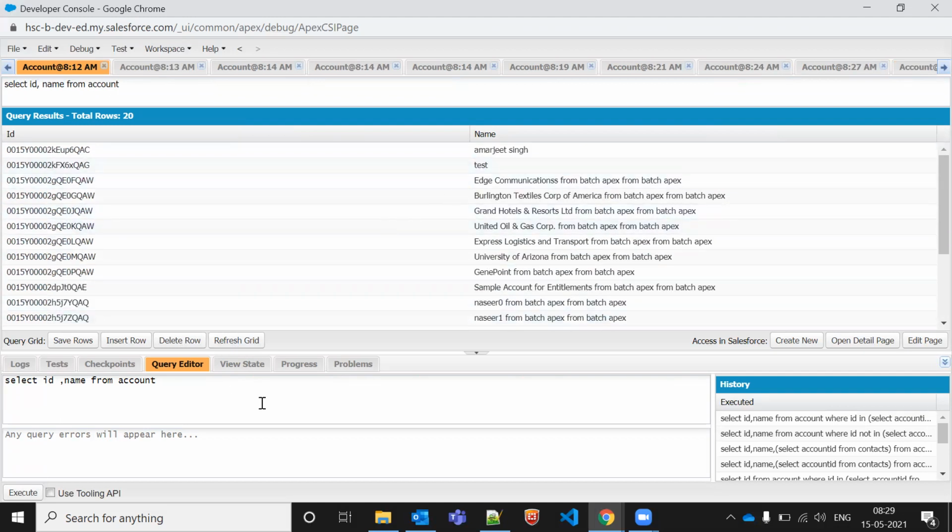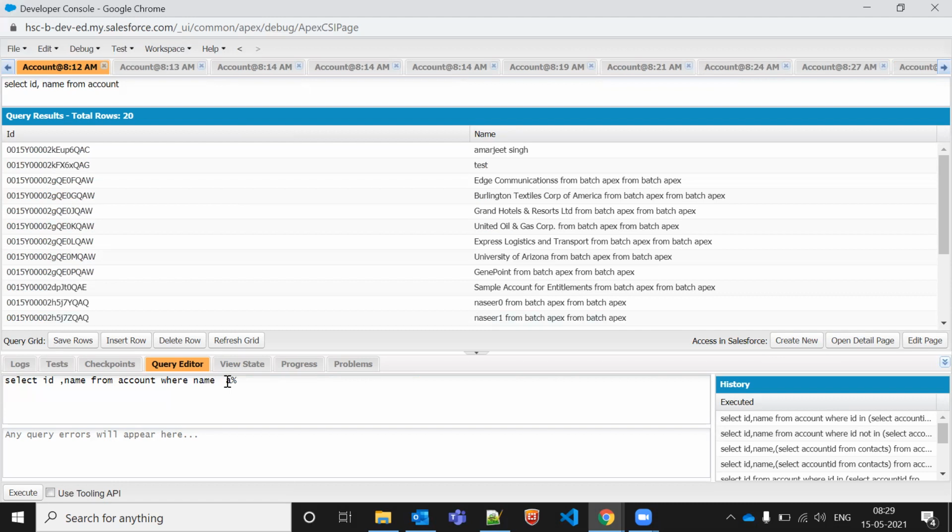How will I write it here? Where name is equal to A percentage. I mean, where name contains.